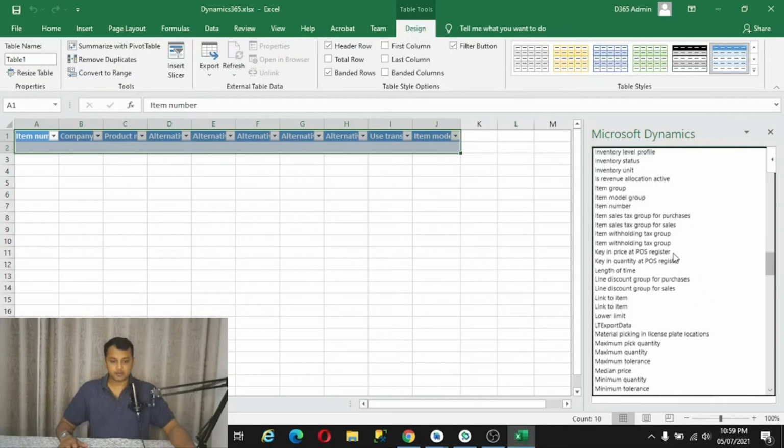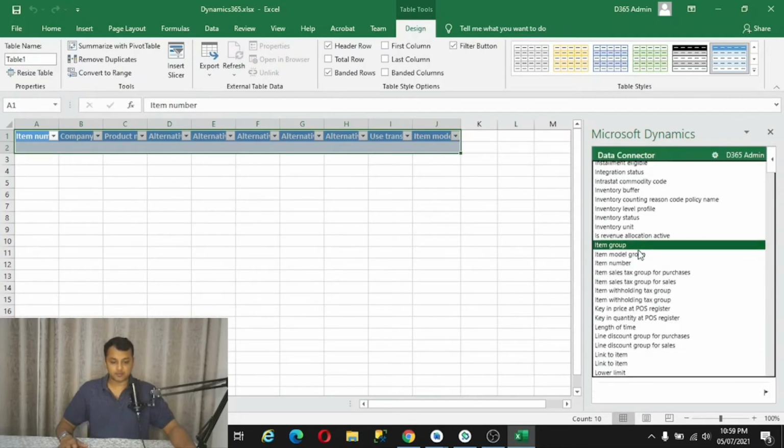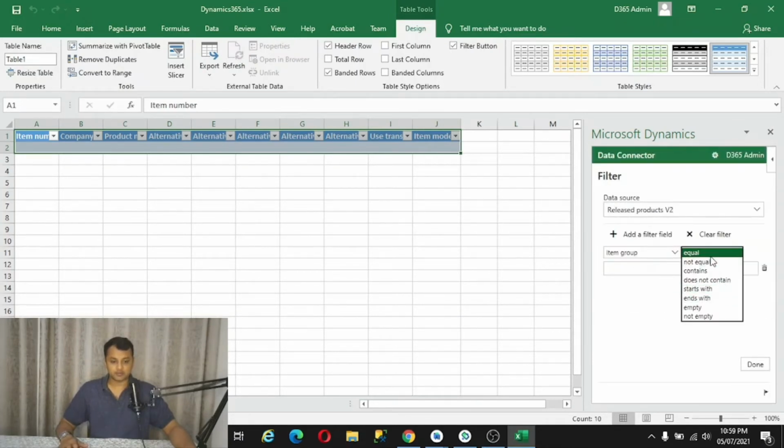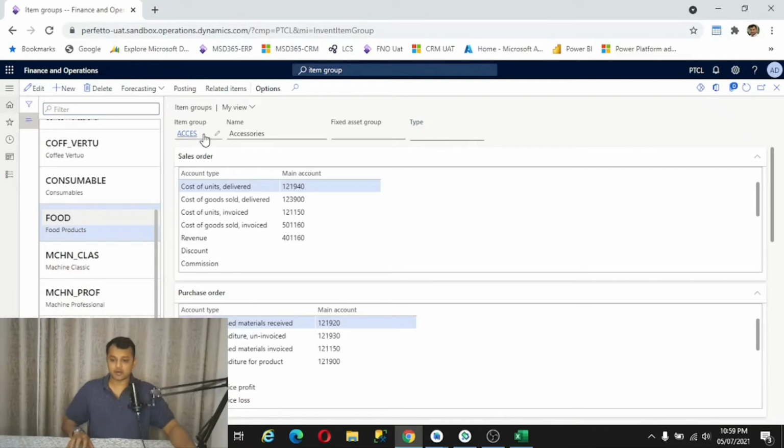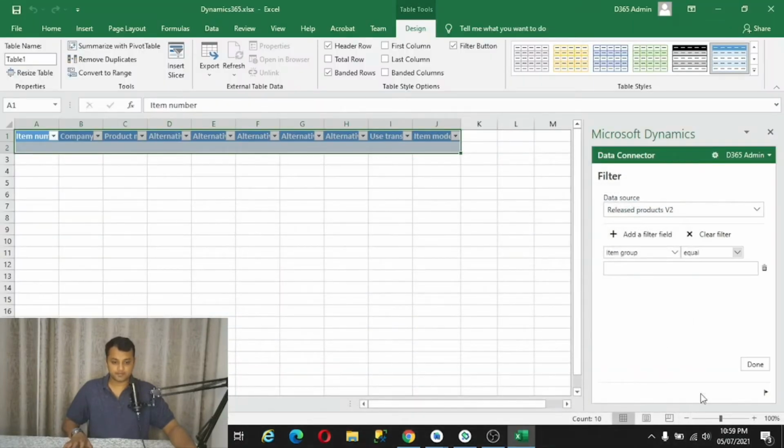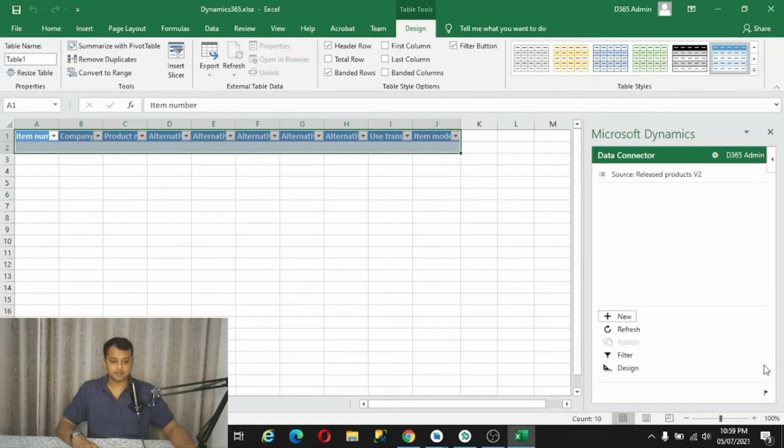I am going to select item group equals to so and so. My item group is this, I want to select food. So I am going to select food and click on done. Now my filter criteria is already applied.